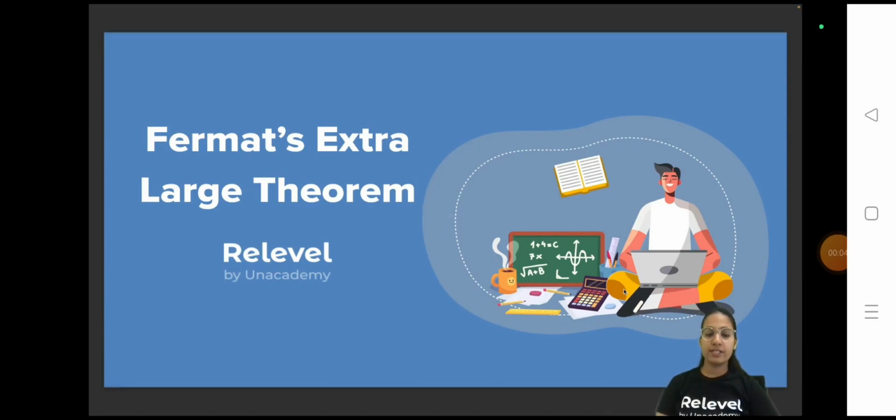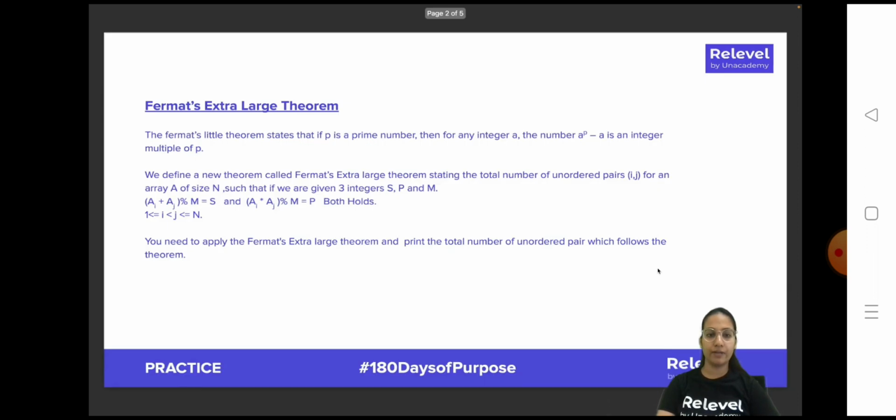Today we are going to discuss a very interesting problem going by the name Fermat's extra large theorem. So first we'll take a look at the problem statement and then we'll figure out an optimized way to solve this problem. Alright, so the problem statement says that Fermat's little theorem states that if p is a prime